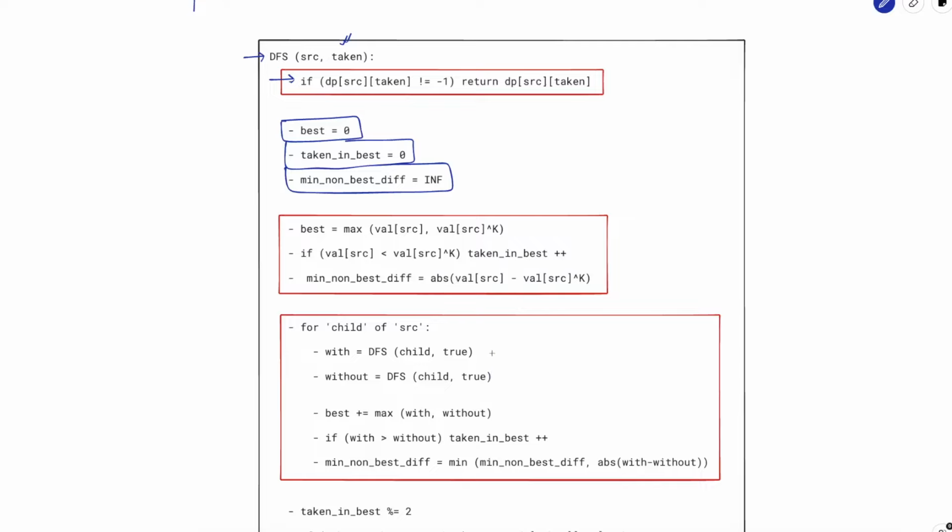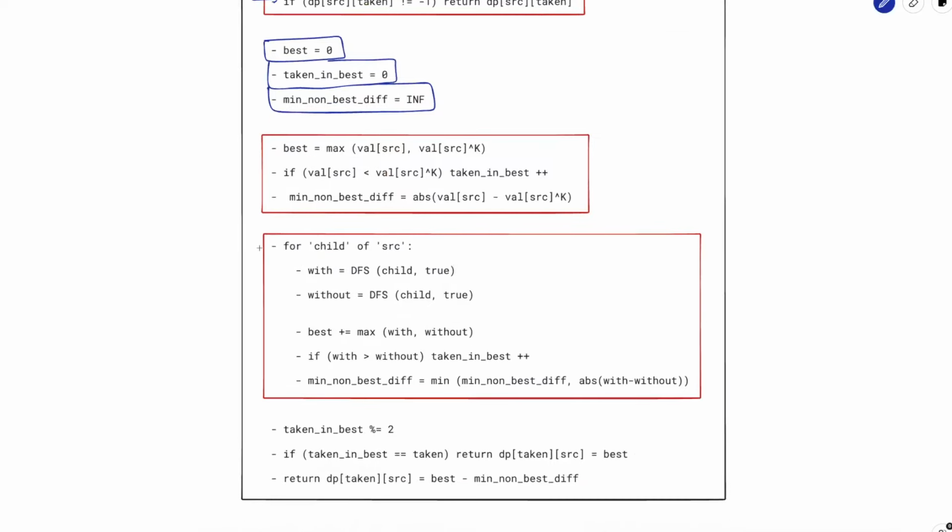You will do the same for all the children of source. You will figure out the best value with and best value without, right? After that you will simply keep on accumulating best and how many edges or how many nodes you have flipped in that best call, and what is the minimum non-best difference that you can have. Now after we have done all of these,